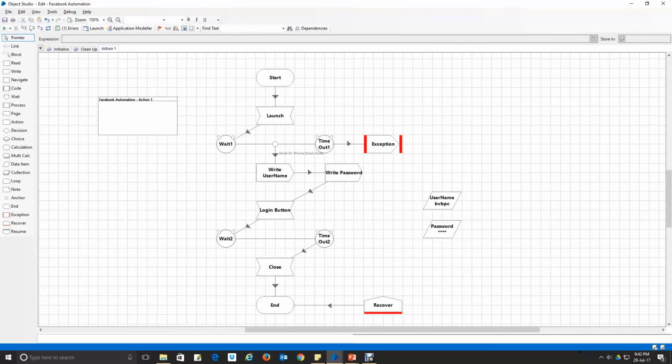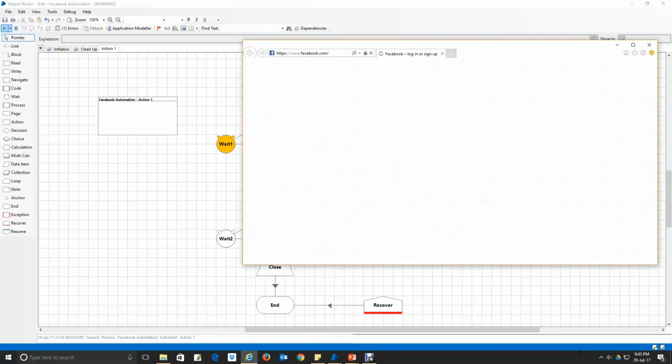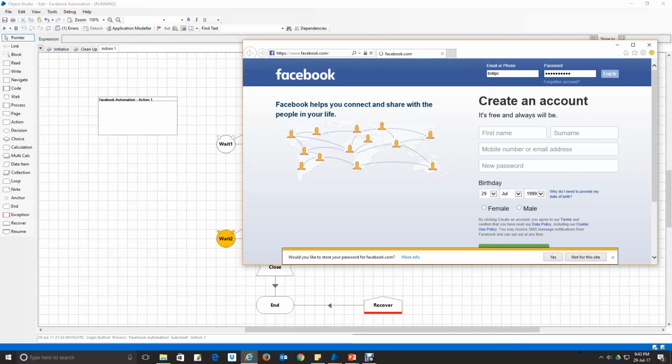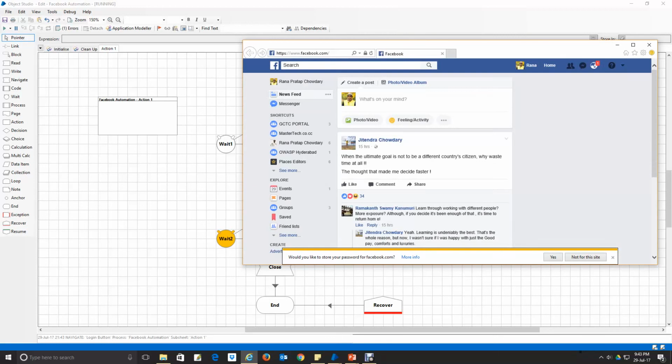stage. Let me run my process and show you how exactly it's working in a real-time scenario. Let me run my process. The IE is launched, and it will wait for some time, and when it hits the email ID, it provides the email ID and password, and clicks on the login button.